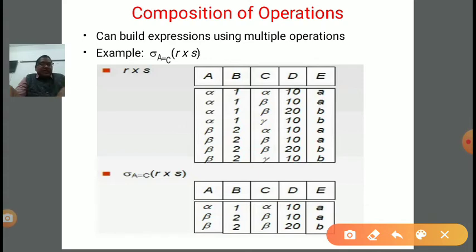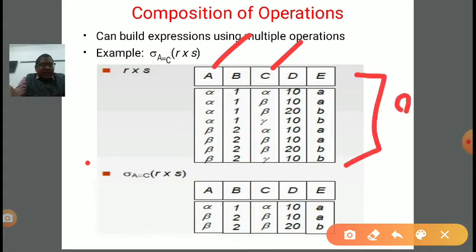If we apply this condition, then looking at this condition, pick A and C. In the normal Cartesian product there are 8 rows. After that we need to apply the predicate because the sigma operation will be applied at the end. So by applying the sigma operation, if you see A, there are 4 times alpha and 4 times beta, and in C, the first row alpha, then beta, third row beta, fourth row gamma, then alpha, then beta, then gamma, beta, and then gamma.